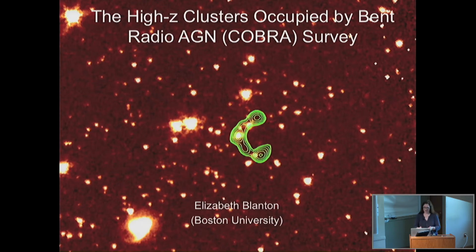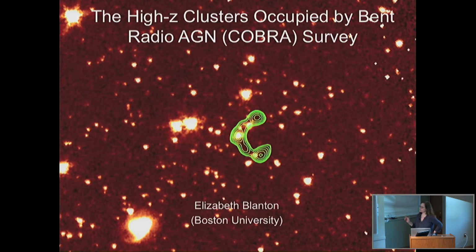Now? Yes? Okay, great. All right, so this is going to be a very multi-wavelength discussion of a survey that we've been undertaking for a few years called the COBRA Survey, and I'll give you an overview of the development of the survey over the years and where we are currently. It's not too contrived of a name. I was sitting at a conference a few years ago and I realized everyone had a name for their survey, so I came up with this name, Clusters Occupied by Bent Radio AGN. It started off with us doing work on these kinds of clusters at lower redshifts, and I'm going to be focusing on the progression from that into the higher redshift realm.